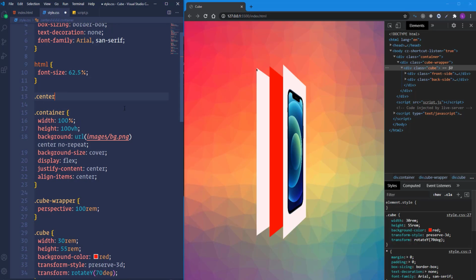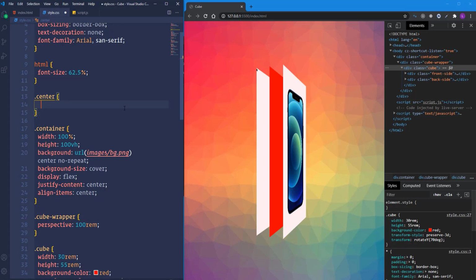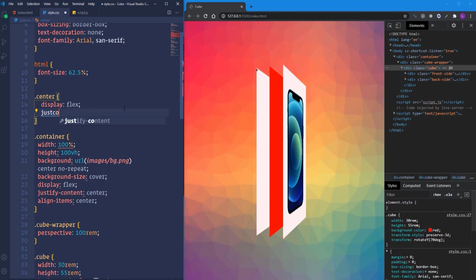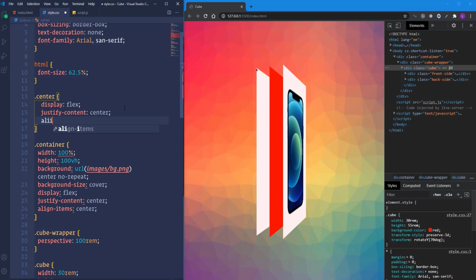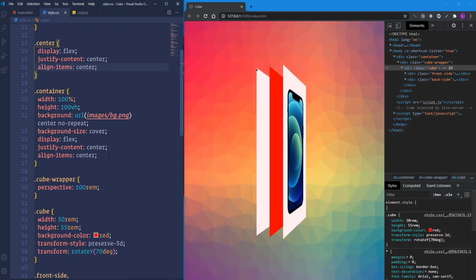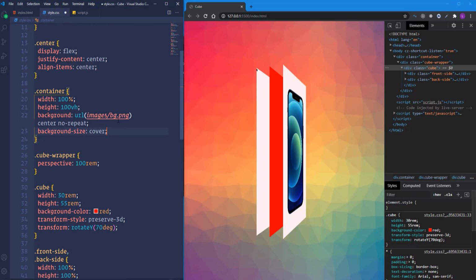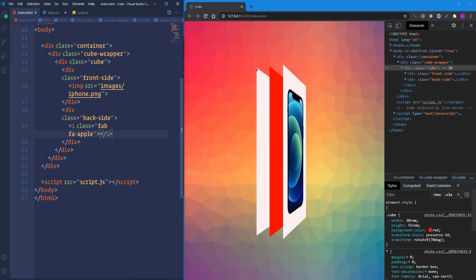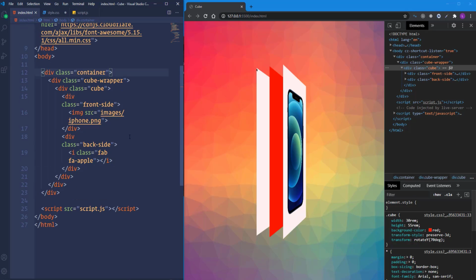Let's call it center. And assign to it display flex, justify-content center, align-items center. Then I'm going to get rid of these properties from here. We have to assign the class center to the container and the back side as well.